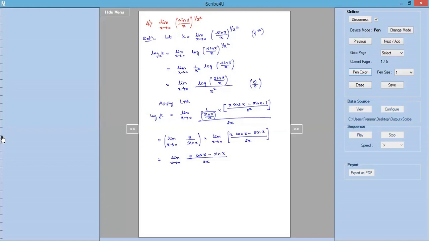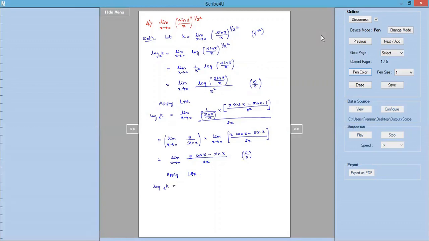At this stage, if I check the limit form as x tends to 0, sin 0 is 0, so we have 0 divided by 0 form again. So again, it is an indeterminate form, so we need to apply L'Hopital rule. Sometimes it happens that after applying L'Hopital rule one time, we might not get the real value. So if we again obtain an indeterminate value, we need to apply L'Hopital rule once again. This can be repeated any n number of times to get the real value. Now again, applying L'Hopital rule, we differentiate numerator and denominator separately.